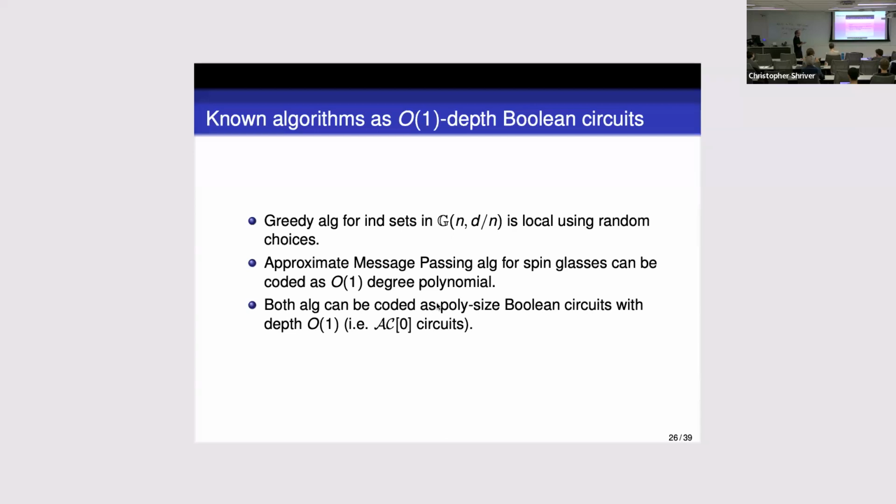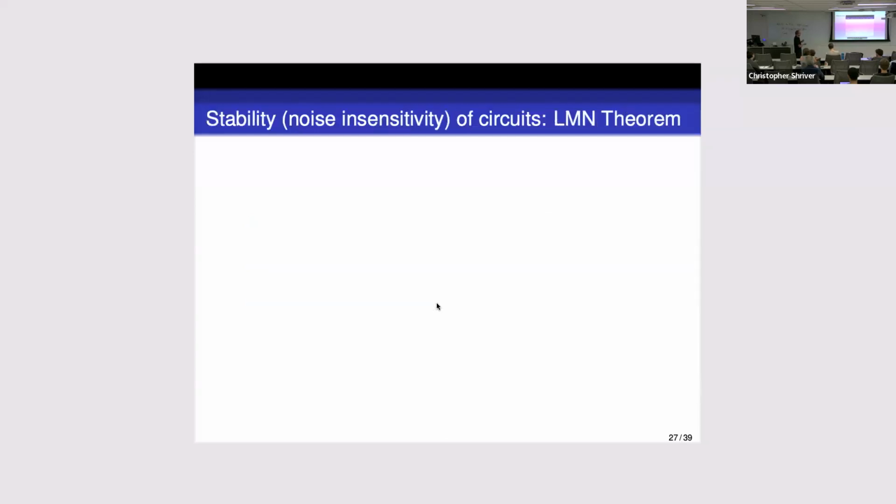Okay. All right. Good. So far, so good. Let's continue. But please stop me if you have any questions. Why are circuits of limited size and limited depth interesting? Because they exhibit a certain stability property that will be crucial for our negative result.